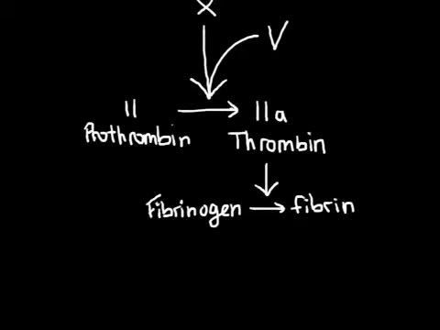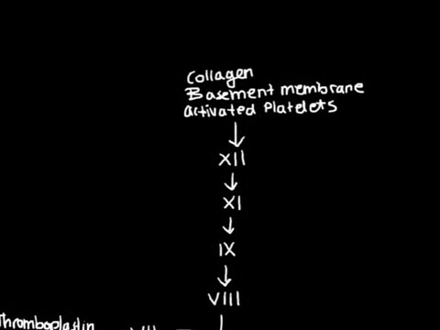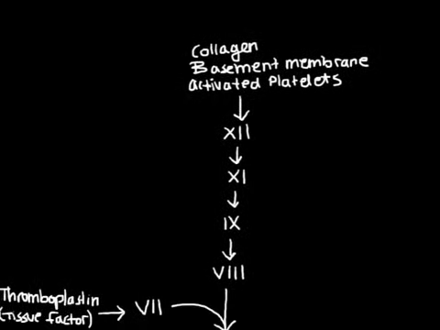So let's talk about secondary hemostasis, which is clot formation by coagulation, activation of the complement, and the kinin pathways. To start with, let's look at the intrinsic pathway, which is here. It starts by the exposure of collagen and basement membrane, which activates factor 12, turning it into 12A, which in